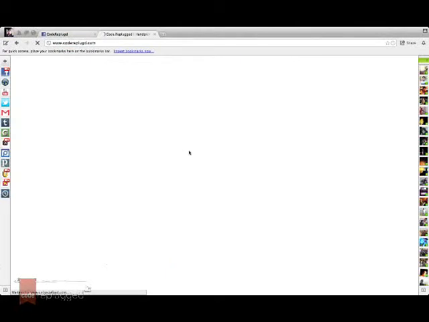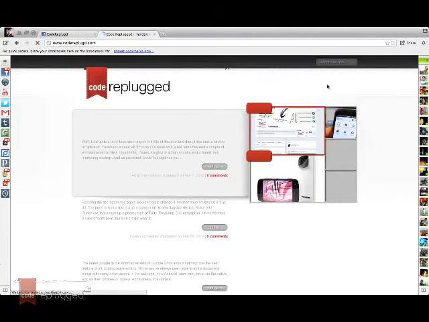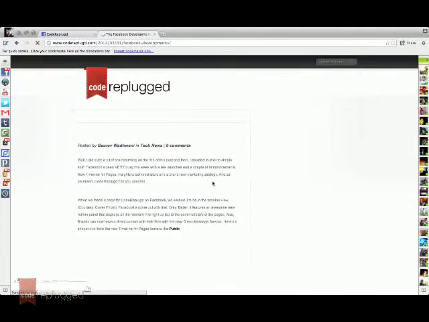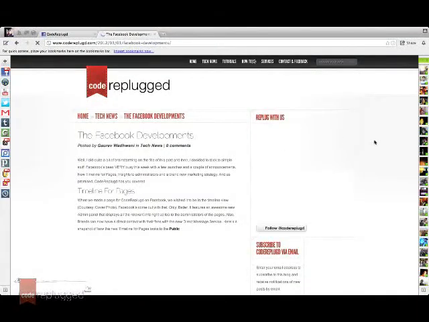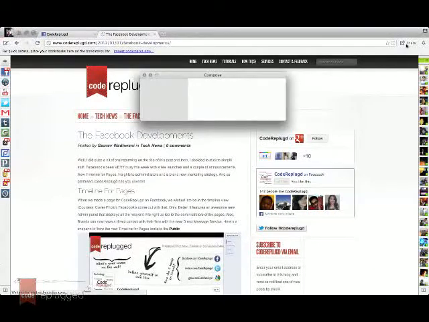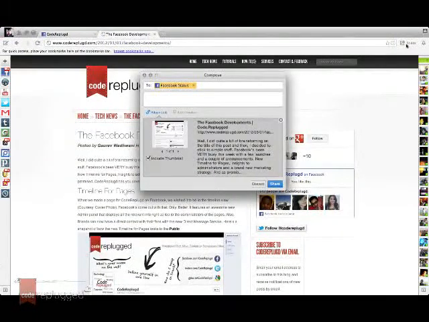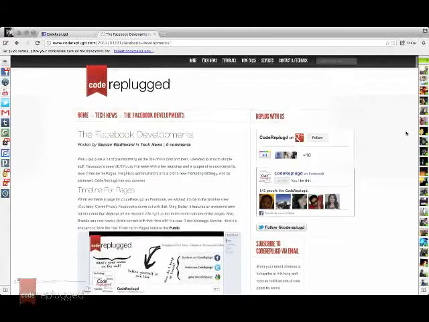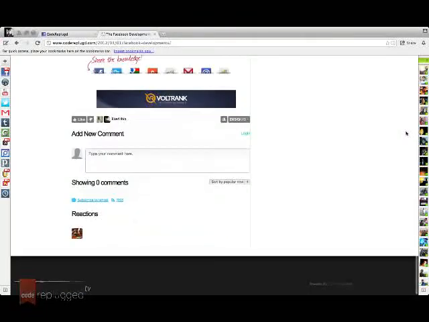One more thing, a share option that we see next to the bell icon. Let's just say I'm viewing an article, in fact, on Code Replug, and I find that worthy to be shared, I find that, okay, that's cool, I can share it with my friends. I just click on the share button, a nice little pop-up box comes in, it automatically attaches the story and everything, and I just write, okay, let me type cool stuff, and just share it, and done. It'll directly be posted to my wall and it'll all be done.